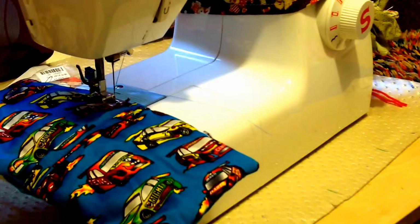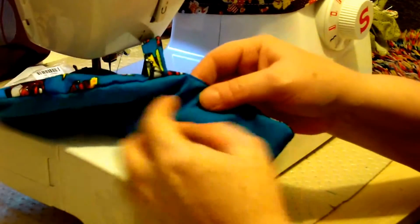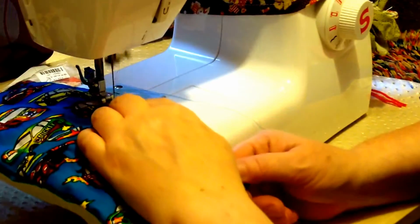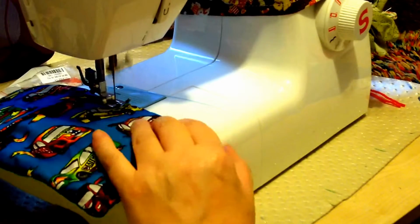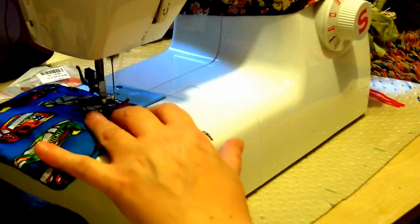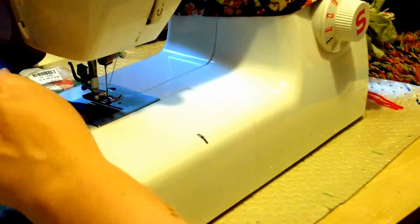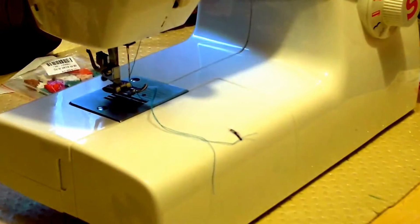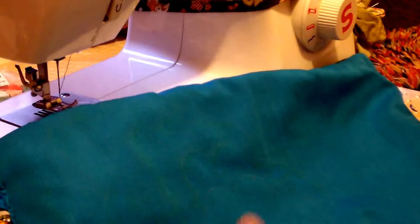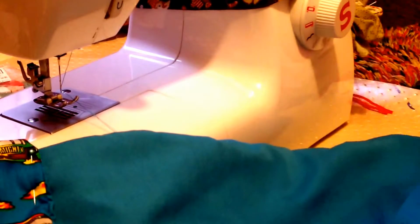Hello and welcome back. So what I'm doing here is I'm just top stitching down the one side of the flap. So I, in theory, am stitching up the hole that we made to turn it inside out. I'm not stitching around the whole of it, and all I've done, very simple line of stitches, just keeps it nice and sharp. Now on the main body I have pushed out my corners, I'm ready to sew up my hole, and I have